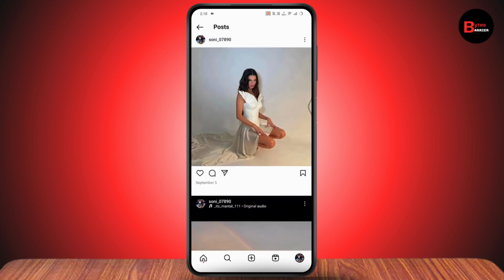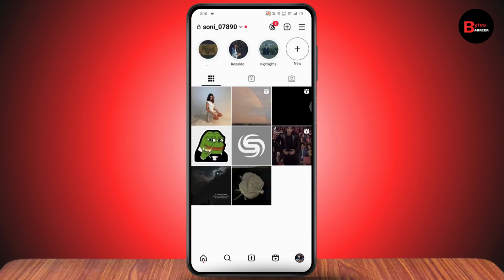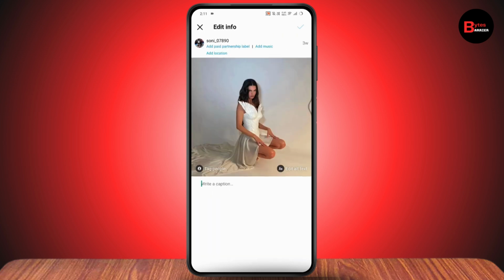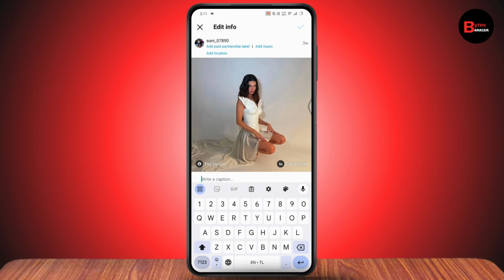So that's it. Make sure that you have a business account, and once you have your business account, then you will have an option of add collaboration on the upper right side of your post. Go with edit, and here you will have the option on the upper right side. So that's how you can add your collaboration in your